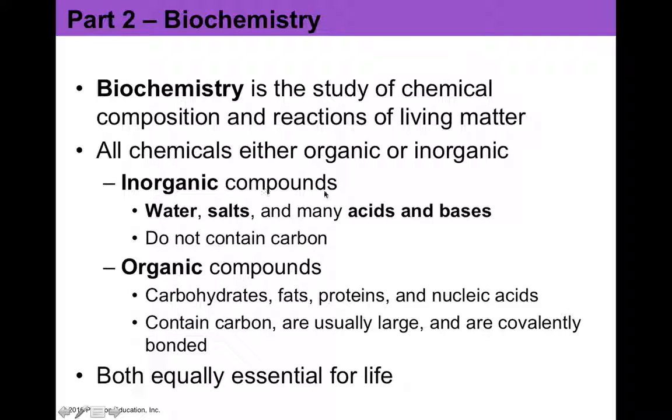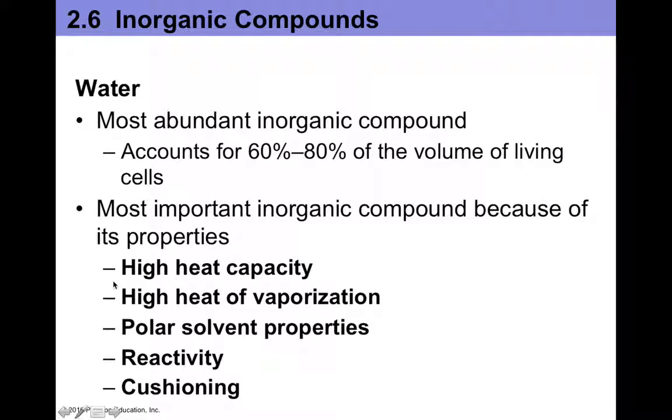So an example of an inorganic compound or molecule could be things like water or salts, or acids and bases, and these are most often inorganic. Now, organic compounds include those things like carbohydrates, fats, proteins, and nucleic acids. These are actually the biomolecules of your body, and these are carbon-containing, so they're actually organic compounds. Now, they're both equally essential for life, and in the following videos, we'll actually differentiate between the properties and structure of inorganic and organic compounds. In this video, we're going to focus on those inorganic compounds, though.